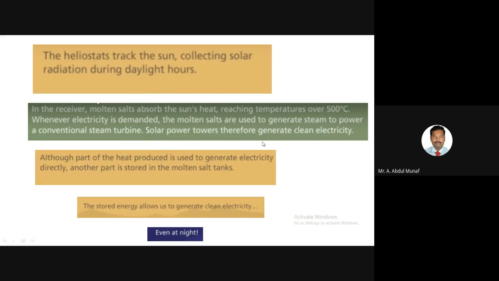In the receiver, molten salts absorb the sun's heat. What is inside the receiver? We have molten salts. What will it do? It will absorb the sun's heat, reaching a temperature over 500 degrees centigrade. It will absorb the heat from the sun and increase the temperature over 500 degrees centigrade. Whenever electricity is in demand, the molten salts are used to generate steam to power